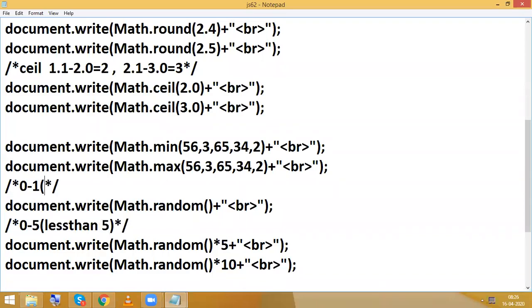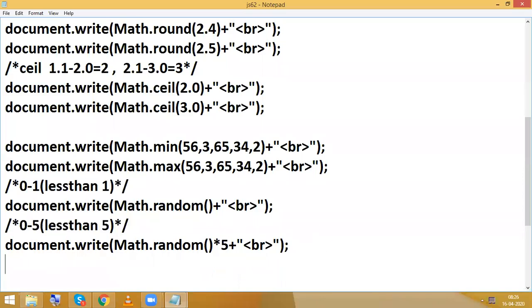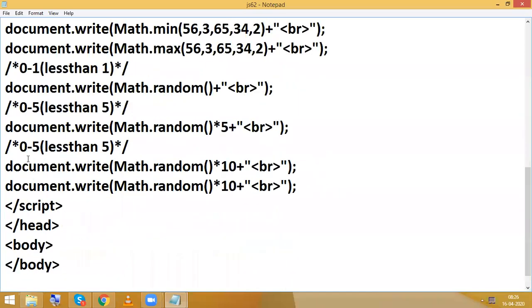So here also less than 1. So here it is going to generate in between 0 and 10, that means less than 10. That means we are going to get always decimals.